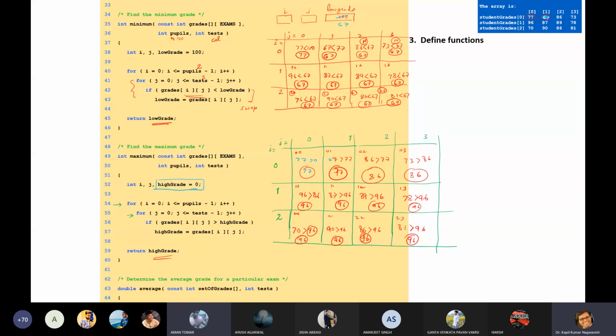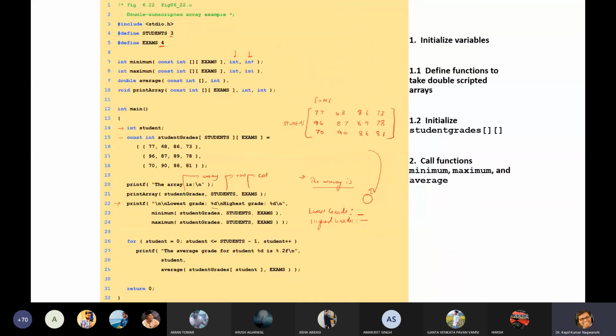Yes, sir. Okay, fine. Now come to average marks. So in this average, this array is required, and these columns are required. Here we are passing columns. And in this program, average marks, we have already sent one thing in this array, that is our row. So the number of rows is already sent here. That's why there is no problem.